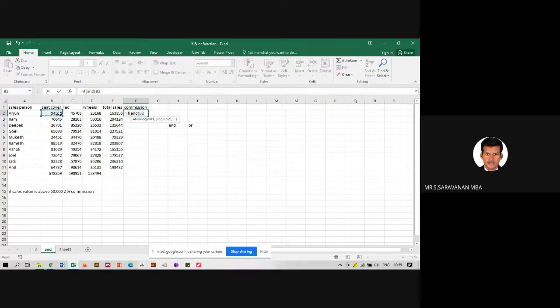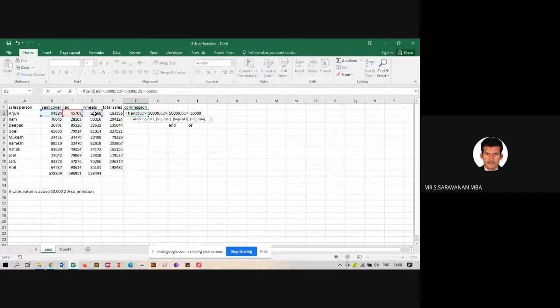So cell 1 greater than or equal to 50,000, comma, again, comma, cell 3 greater than or equal to 50,000. Okay, close the bracket. If all three criteria are fulfilled, then we will give him 2% commission.